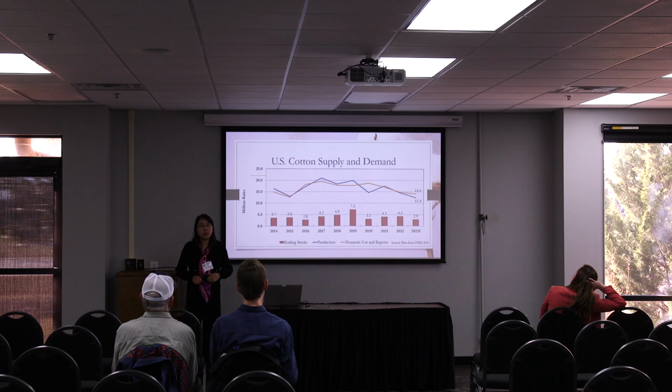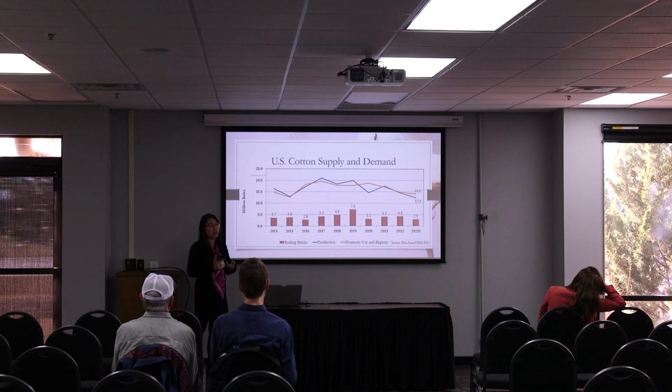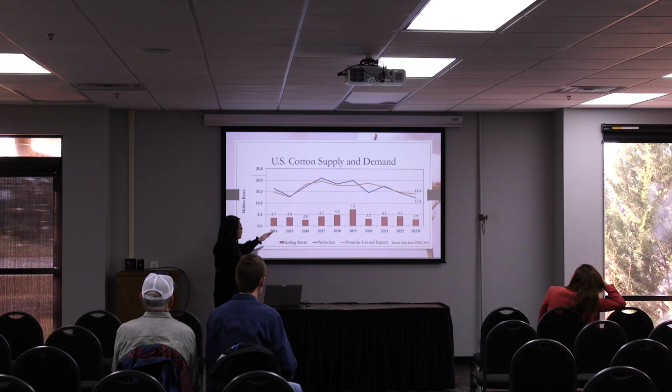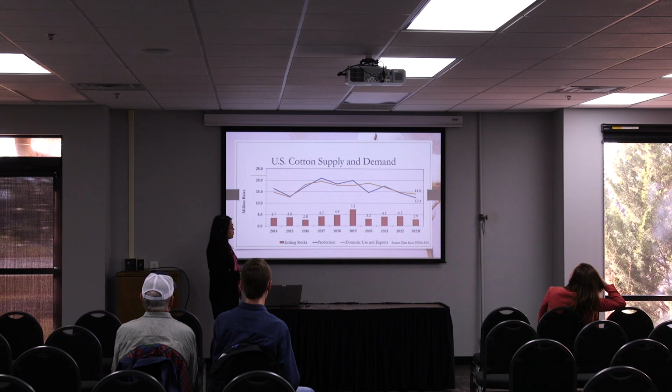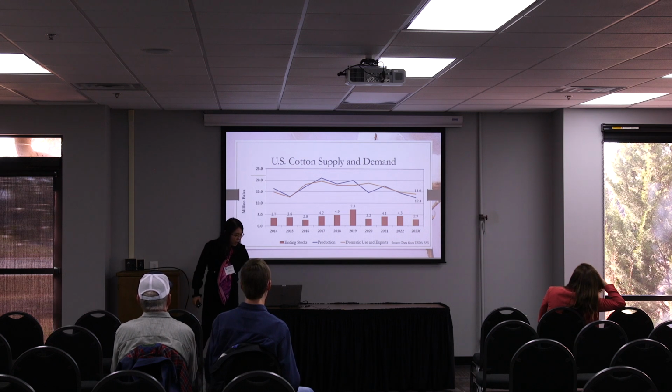For this coming year, there's really uncertainty because global demand for cotton is expected to be stable but a little bit lower than what we saw this past year. The real question is how much supply there will be, both in the US and globally, for cotton. Then we will see what the price projection will be. Overall, the ending stock in the US has been trending downward because we have lower production.